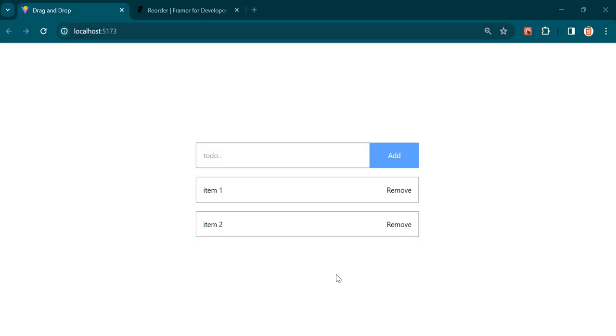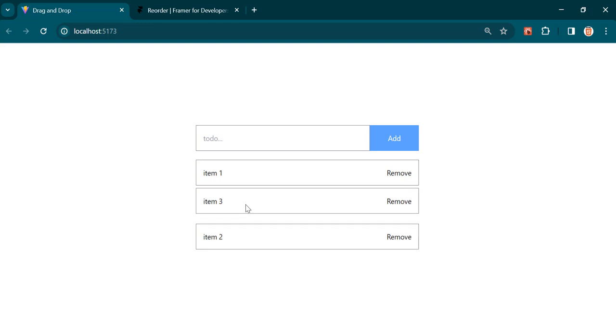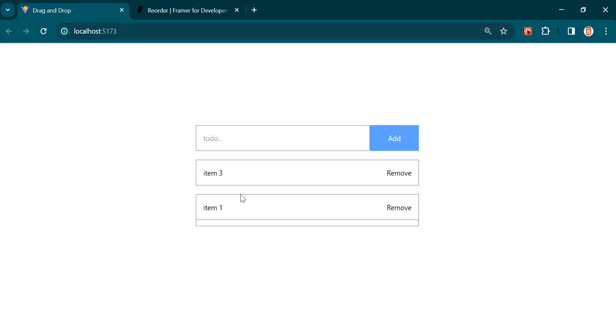In this video I'm going to show you how to drag and drop items inside React.js. As you can see, I have a to-do list in here, so I can drag and drop them. So I can reorder my items inside my to-do list. I can add a new item, so let's add a new item in here, and as you can see, I can reorder them. So we are going to use Framer Motion, which is a cool library in this project, and